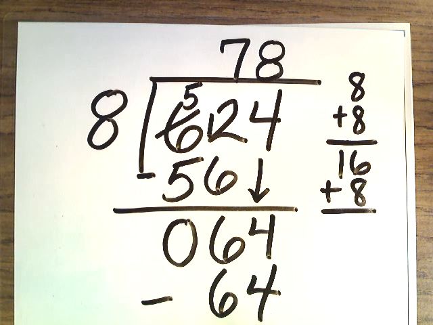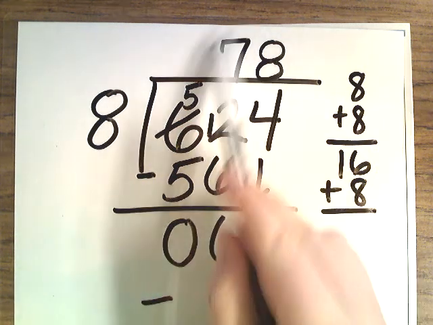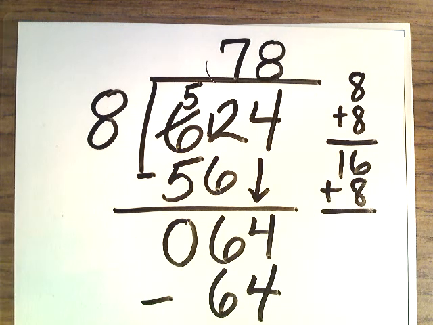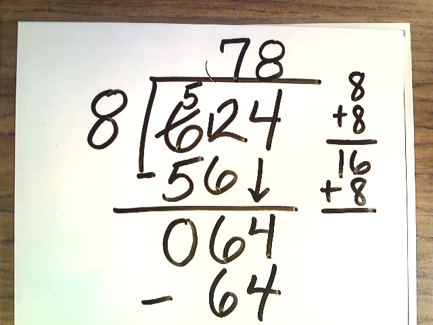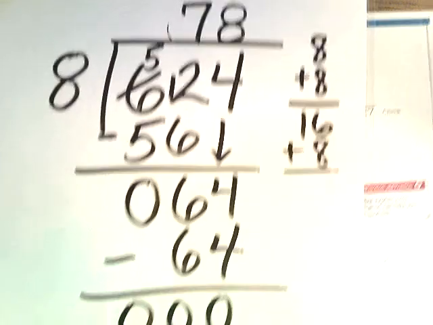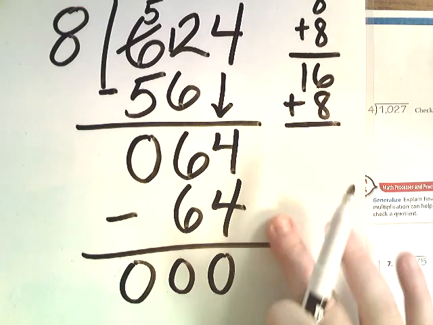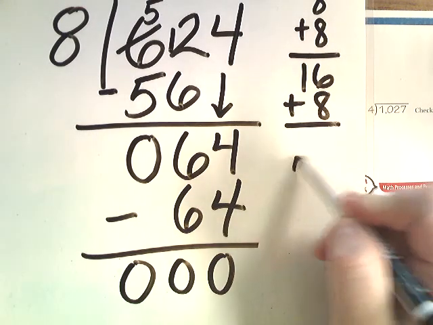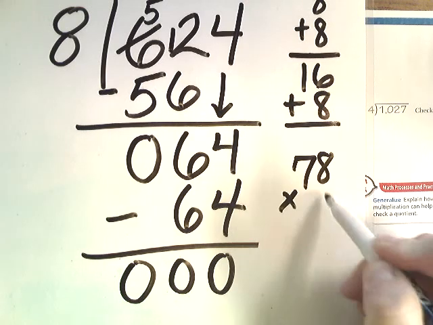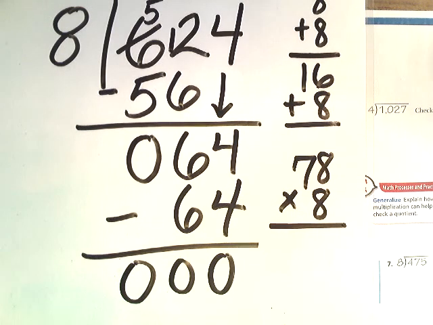78. Now, before we move on, we have got to check it, okay? And the way that we check it is we take our answer that we got, which would be 78, and we multiply it by our divisor, which is our small number. Okay, and I'm going to do that. I'm going to scooch over here so you can see. Now, I have to stack them when I do it because I can't do 78 times 8 in my head. So I do it like this. Okay,